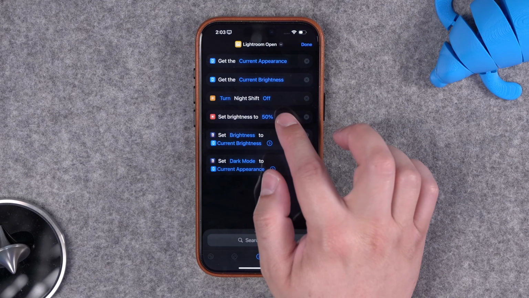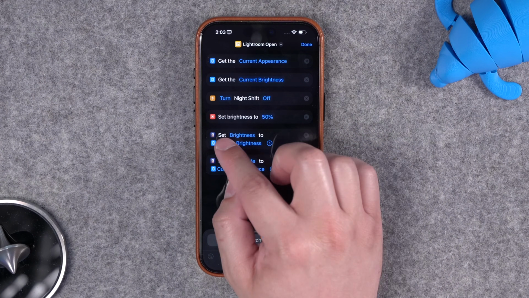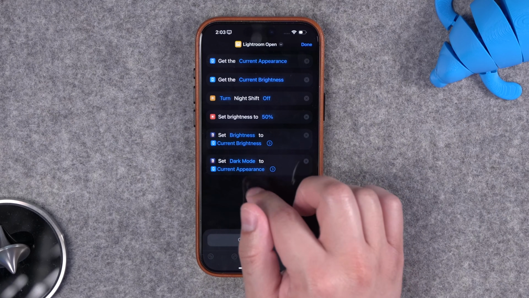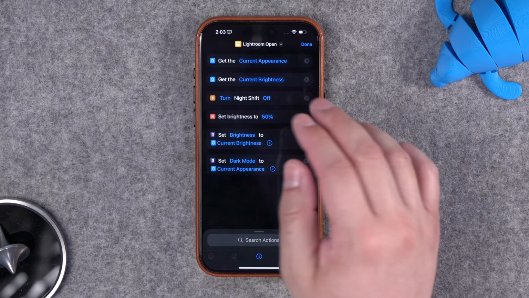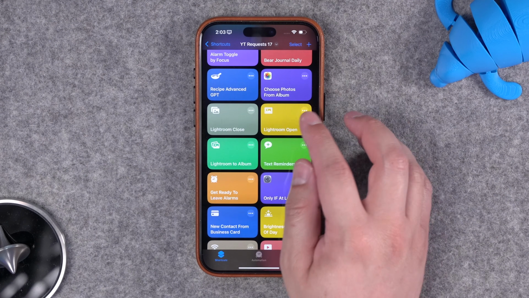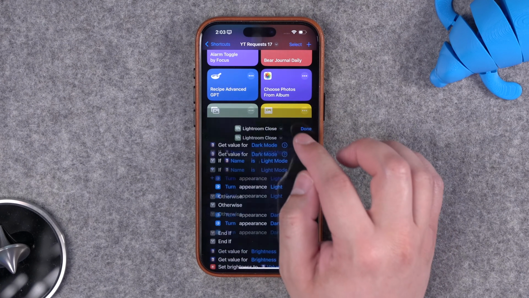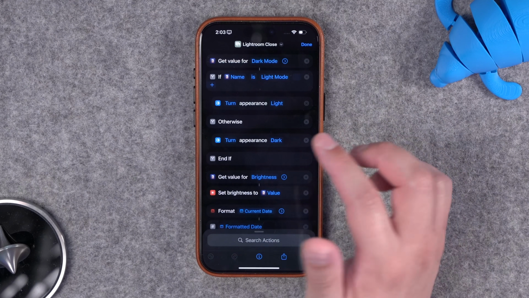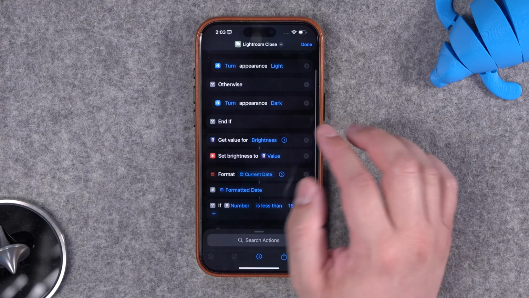It's also going to turn night shift off, which is what he wanted when he opened Lightroom, and sets the brightness of the iPad or other device. Now, Data Jar is going to remember the last state of your iPad before you were in Lightroom. Then you're going to create another automation for when you close the Lightroom app. This is going to get that information from Data Jar, set the dark mode and brightness based on what was